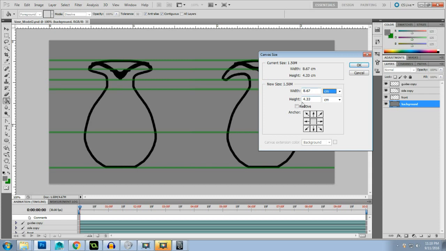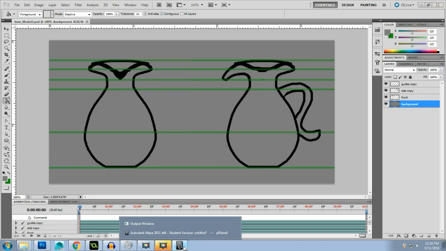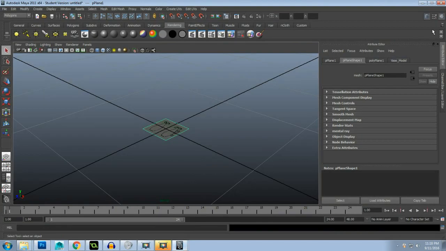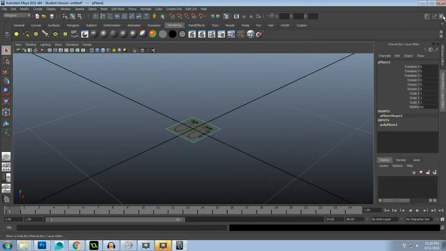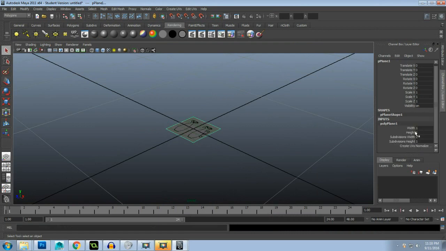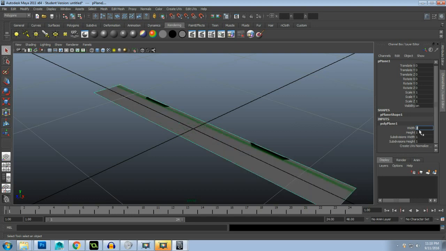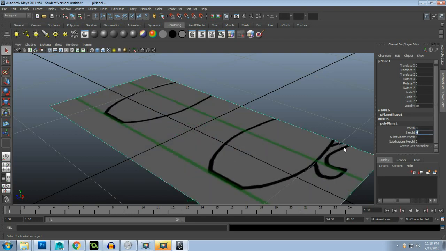So I'm just going to round this to 8 by 4. Jump into Maya. Plane, 8 centimeters wide, 4 centimeters tall,